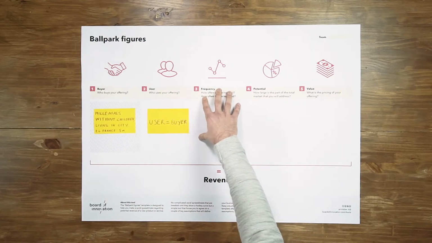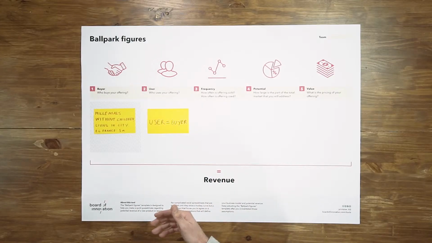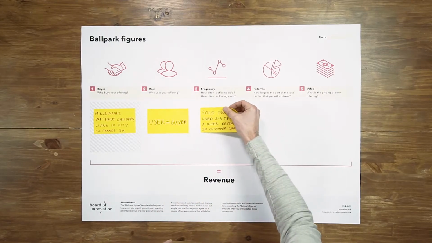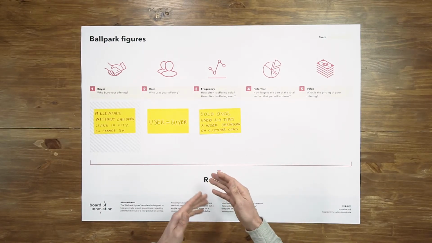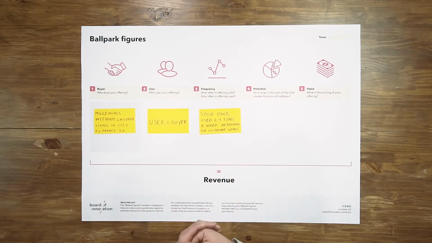Then the third component, frequency. How often will they use your tool? How often will they buy your tool or buy additional upgrades? It depends on the business model. For our example, we assume that we just sell it once. At least we convince people to sign up once. And depending on the health goals that they set themselves, they might use the service 2 or 3 times per week. So it's a high frequency product. It's not something you buy just once a year and then leave there. It might have an impact on how you make money in the end.